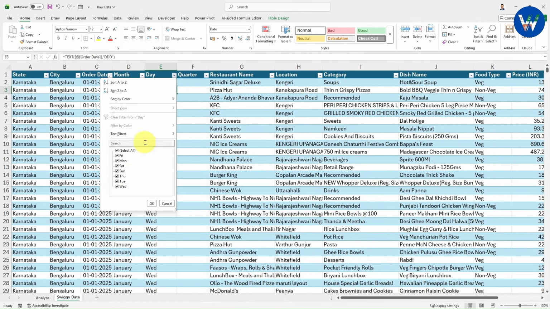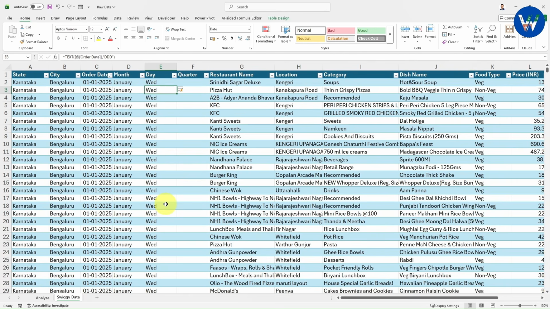I will write the day names in short only, because when we create the visual, it will occupy a lot of space. So instead of the full name I will write the short name. In the same way for the month also I will write the short name, because it will occupy a lot of space. Let me write three times M, right? In this way you can change the month name and day name.